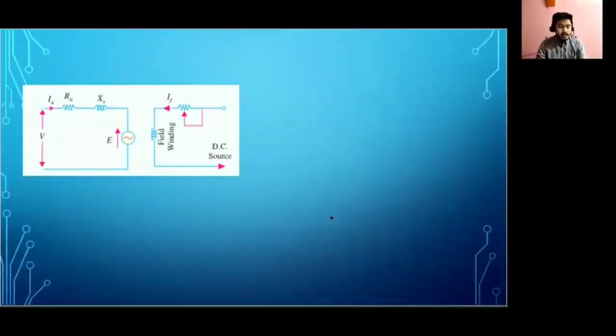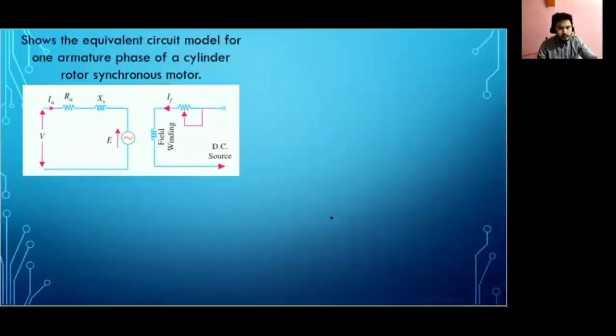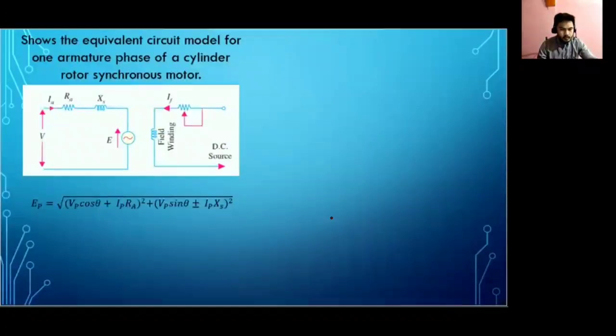Now, the simplified circuit is conducive to obtaining the basic performance characteristics of the machine under steady state conditions. So these parameters include voltages, currents, power factor, and load angle. Now we have two representations of the synchronous motor. The first is this formula, which we came up with using Ohm's law basics. Where EP represents your back EMF per phase, VP the supply voltage per phase,